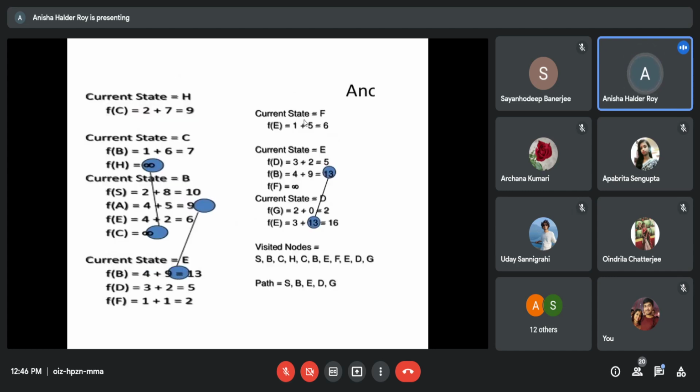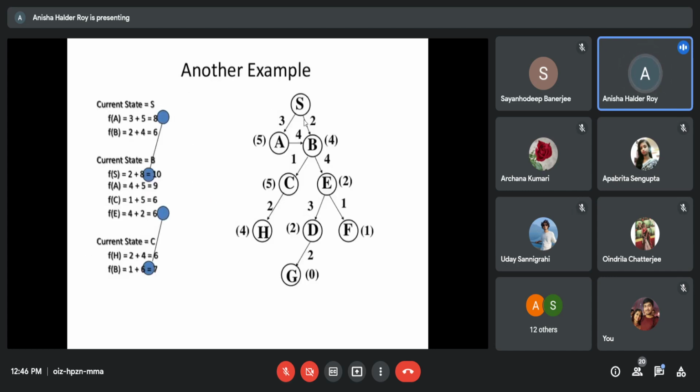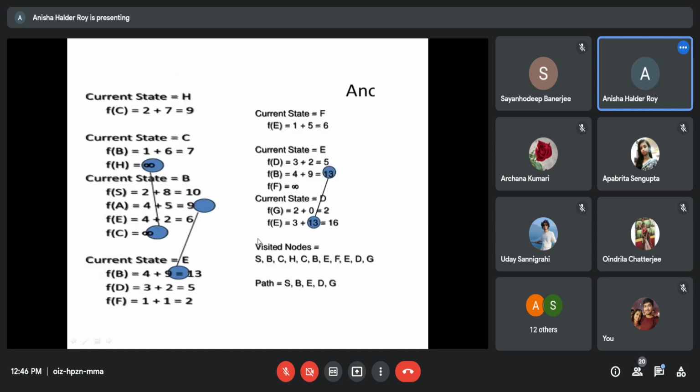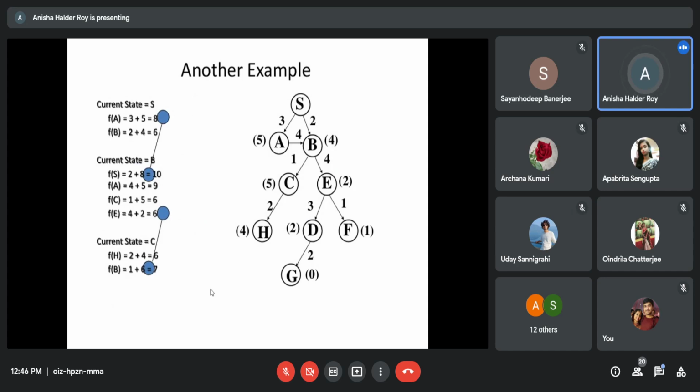Let's go to the next step. Okay, so if it is 6, as they have mentioned, so if H is the current state and again the backtracking, H has no forward node, right? H has no forward node.